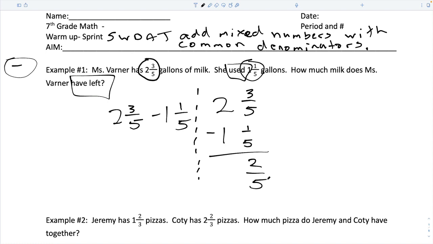2 minus 1. Check your voice. If you're calling out, raise your hand if you have a comment. 2 minus 1 is 1. And you just found your answer using the stacking method. And we're going to label it with